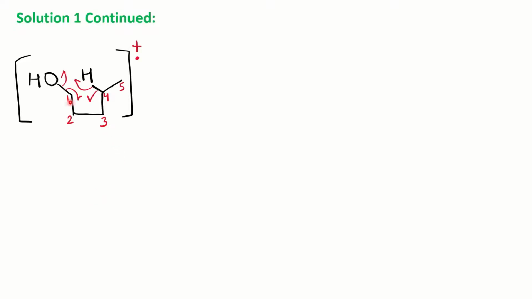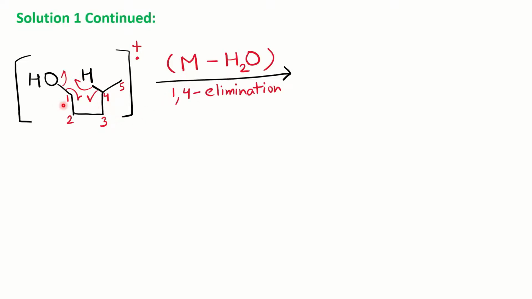If the question comes for all fragmentations of 1-pentanol, we should know this. Here you can see we have written 1-pentanol in the same style. Now we are going to do the dehydration. Like we discussed, dehydration is a common phenomenon of alcohols, and it increases as the chain length increases, so it is a five-carbon chain. So dehydration will be there, M minus H2O, and here the method is 1,4 elimination. You can see that in this square bracket it is easy to represent the mechanism.